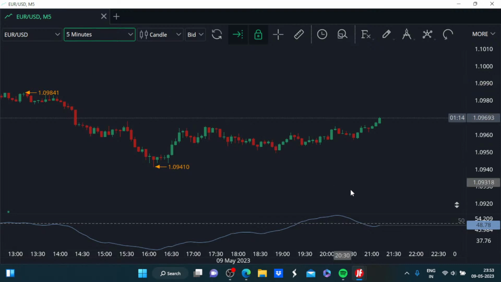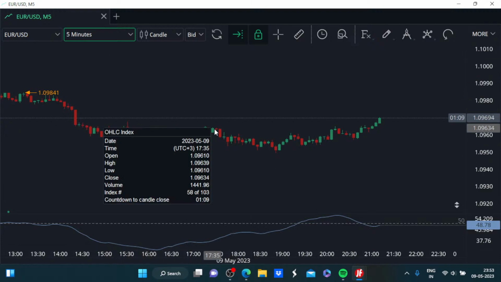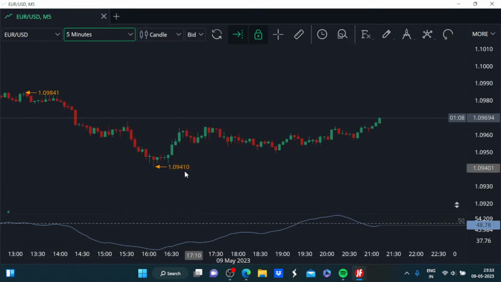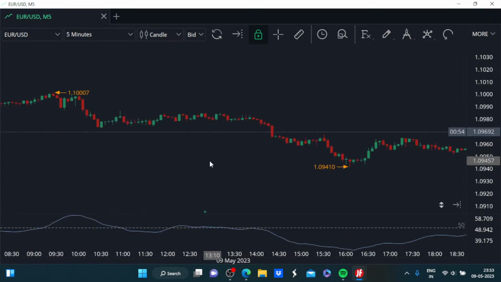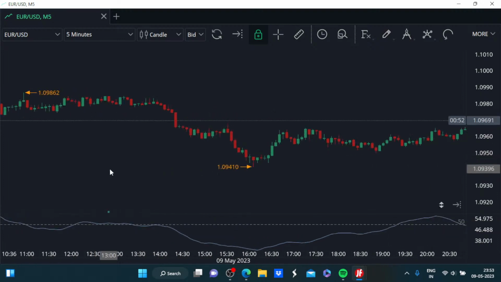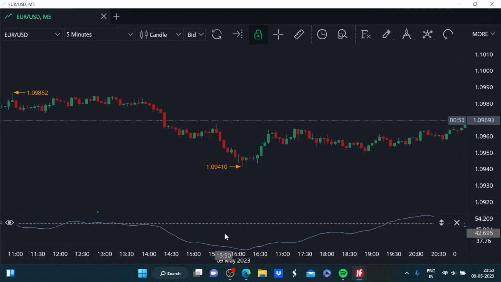Here, if we look at the Euro USD chart with each candle predefined at 5 minutes, we had this momentum strongly bearish from 13:30 GMT onwards when it dropped below this 50, which is a defining marker, and then it continued to trend downwards with this inertia value at one point in time dropping to 30, but from there on